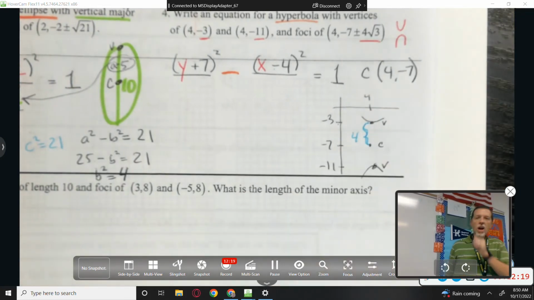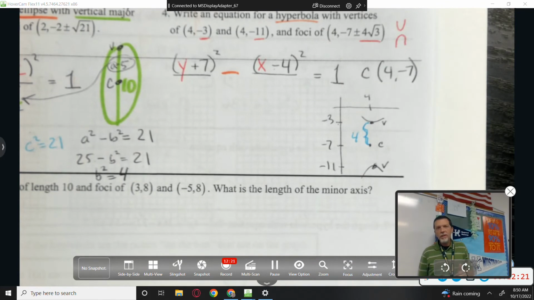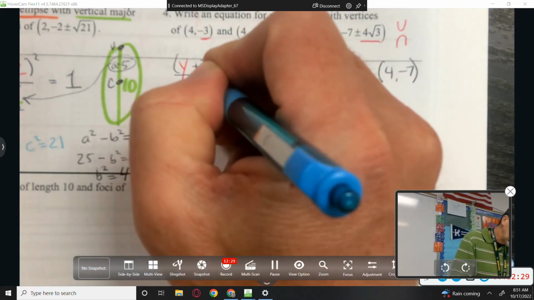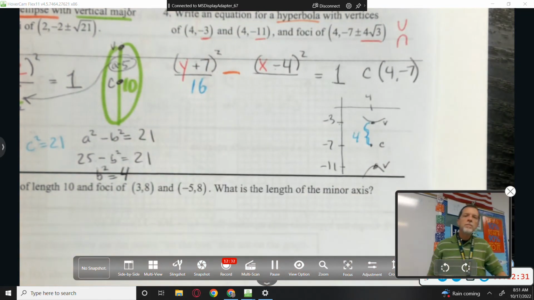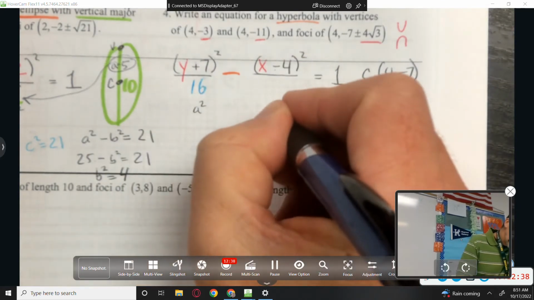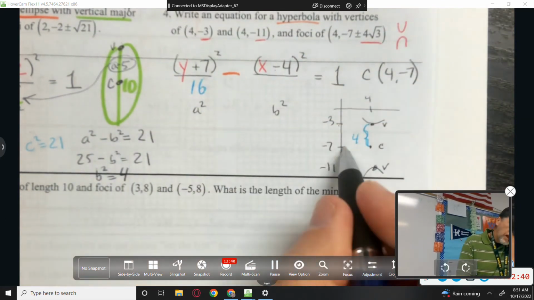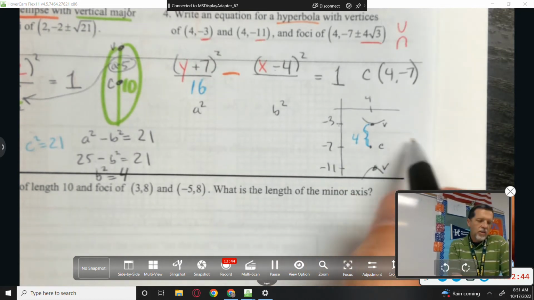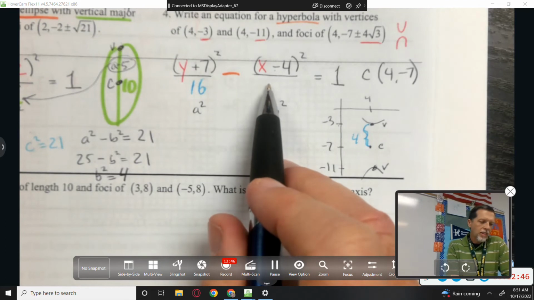Okay, it's 4. Square it, we get 16. Why is it going to the y? It's changing up and down. So 16 will go into the y. I don't have any information about left and right, so I can't directly know what goes under x. But we do know